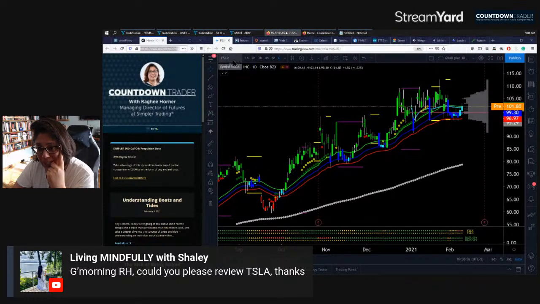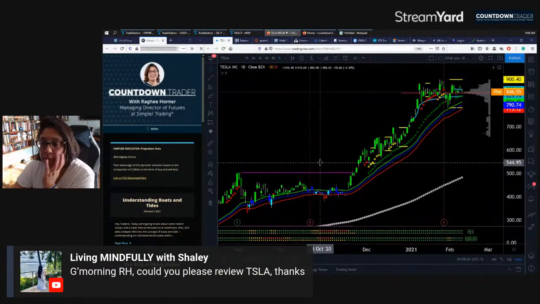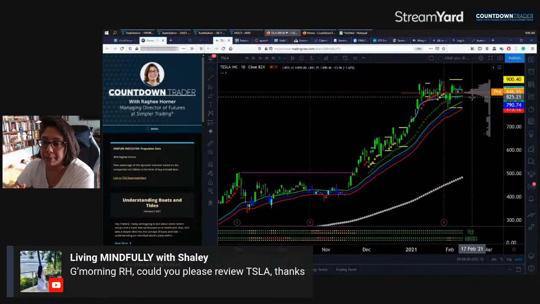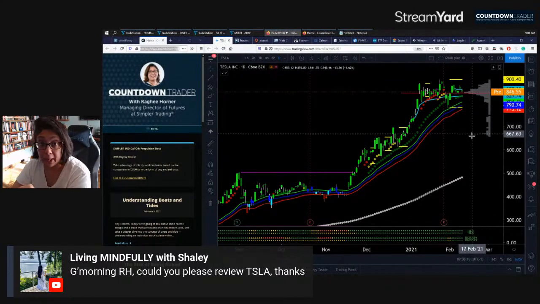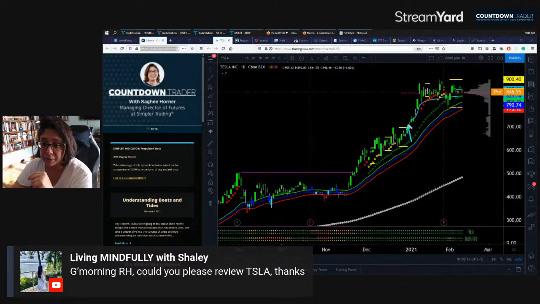Tesla, sure, Tesla. All right, TSLA. All right, here we go. A pullback to the 21 exponential, which would also be where the anchored VWAP, volume weighted average price, for the first of the year is sitting. So I've got the VWAP in here. You can see that in terms of the sort of lightly colored blue line that I have here. And I have the 21 EMA.